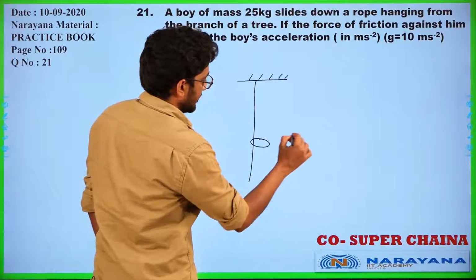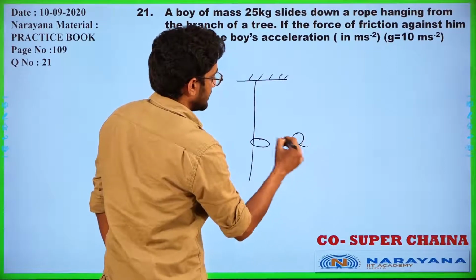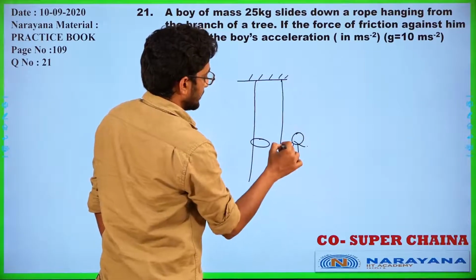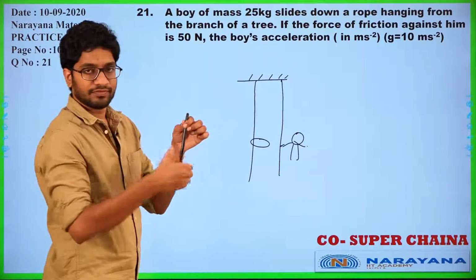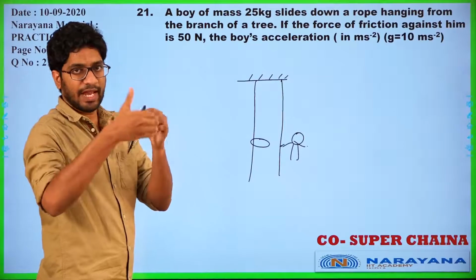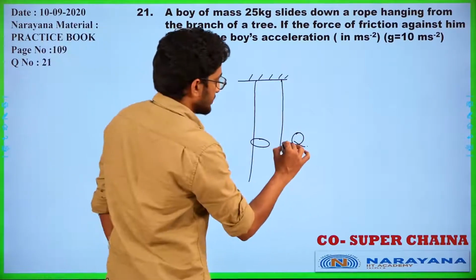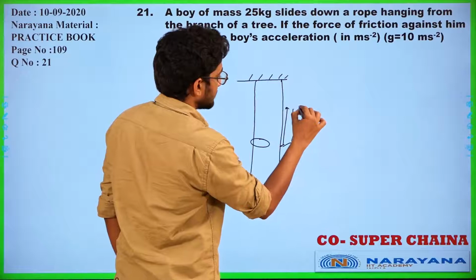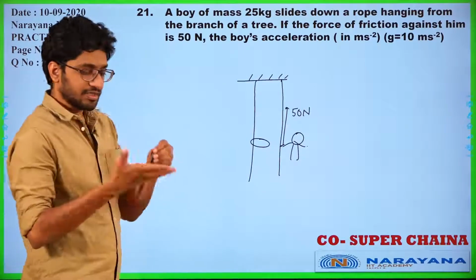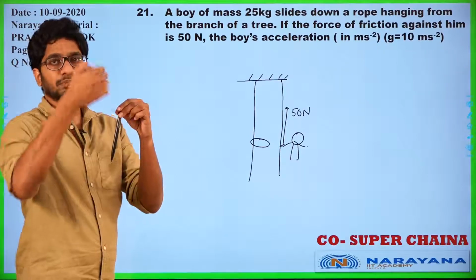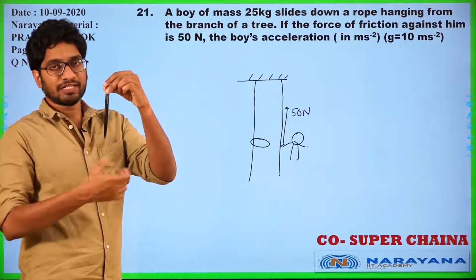So if I take the free body diagram of the man, he is holding the rope, but this is how he is holding. And when he is sliding, friction on the sliding surface, friction on the hand is in upward direction. So I can say here there is friction acting, that is 50 newtons. So friction acting on his surface, he is freely sliding, okay, he is not pulling the string, we can say he is freely sliding on the string.